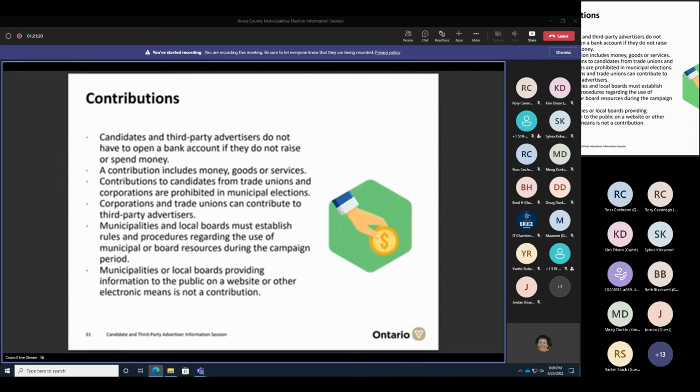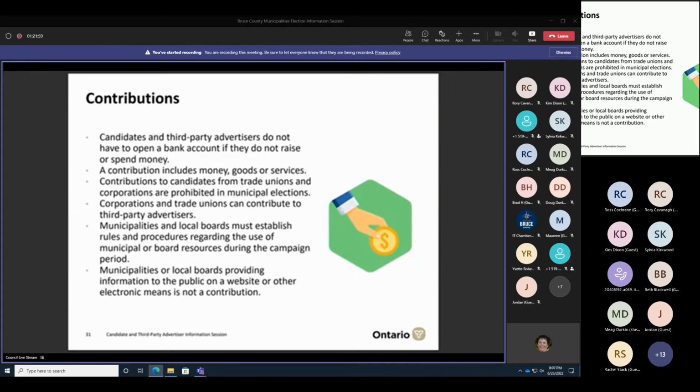Contributions. Campaign accounts are only required if the candidate or third-party advertiser raises or spends money. So for acclamations and campaigns where no funds are raised or spent, there is no need for a campaign account. Trade unions and corporations are not eligible to contribute to candidates' campaigns, although they can participate in the election as third-party advertisers or make contributions to third-party advertising campaigns. Third-party advertisers will generally need to follow the same rules for raising campaign funds and financial reporting as candidates for